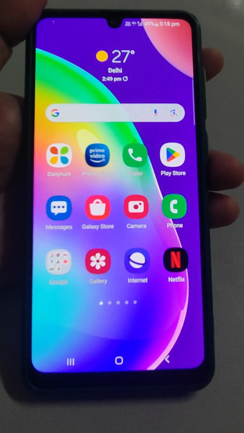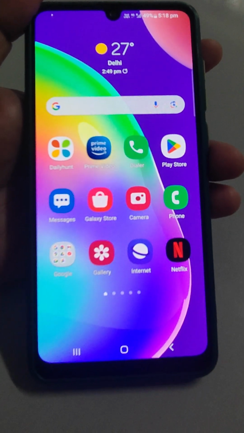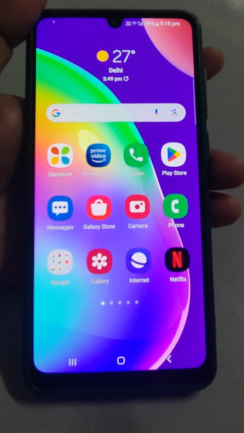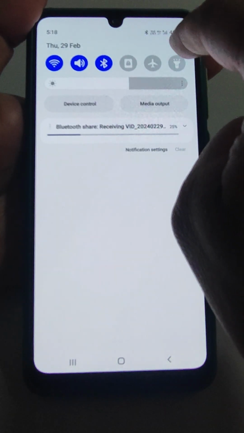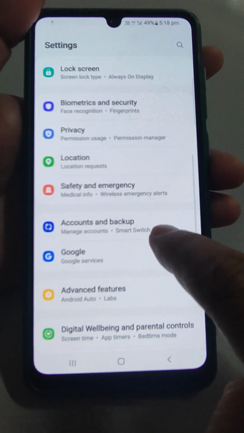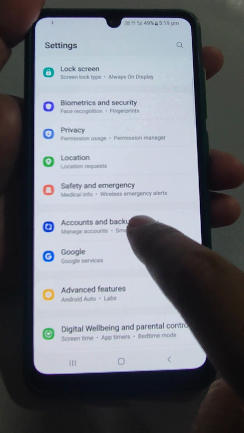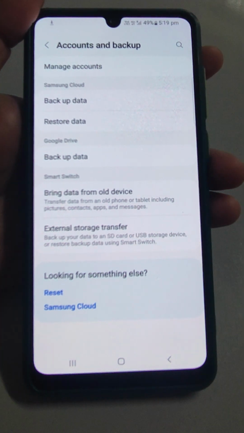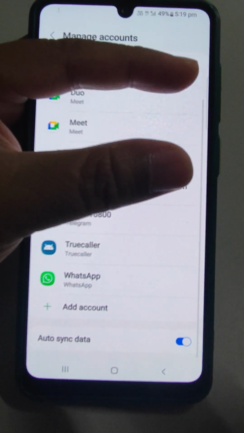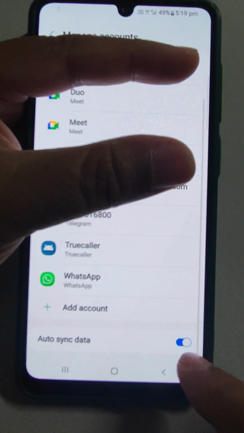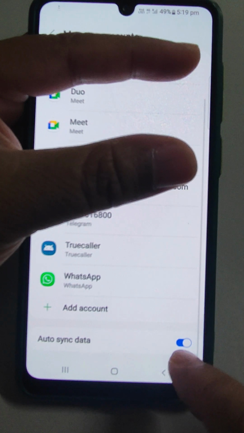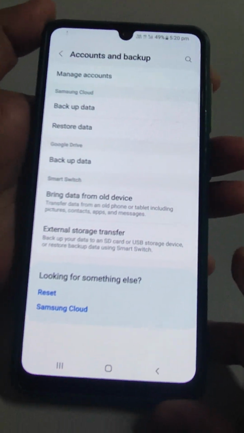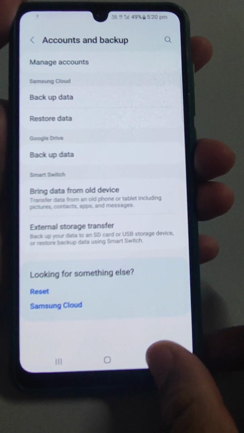then the first thing you need to check is whether automatic synchronization is turned on or not. This is a Samsung mobile. I will show you where it is. Go to the settings, swipe down, tap on settings, find accounts and backups, and in accounts and backups, as soon as you touch manage accounts, all the accounts will open. Here you can see manage accounts, and here auto sync data. If this is off, you may face difficulty,